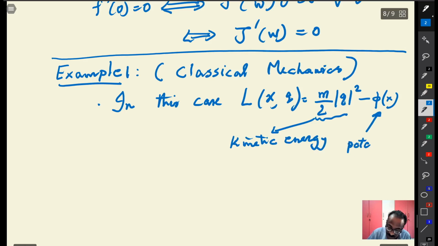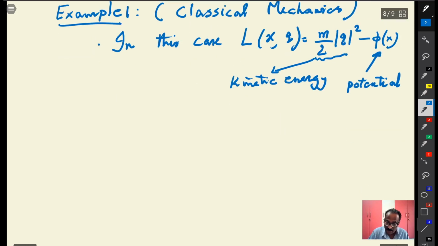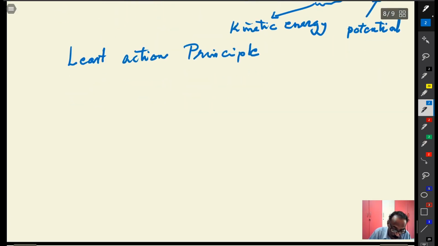So this is a difference in kinetic and potential energy. And what Newton's law basically tells you is that there is a least action principle. That's what you do: the least action principle. So Newtonian mechanics follows this. If you want, you should read some classical mechanics. Newton's least action principle: you minimize